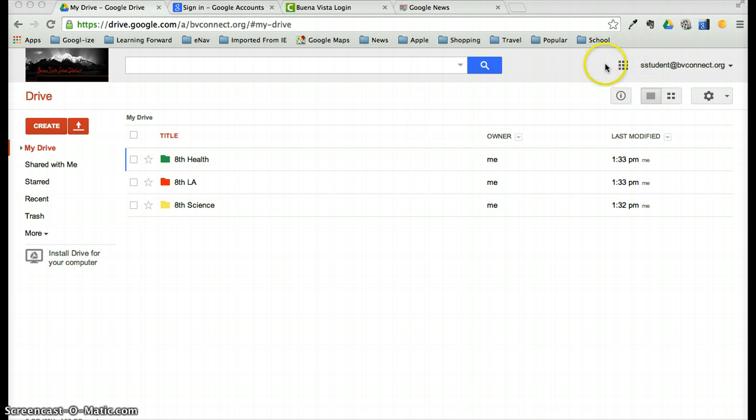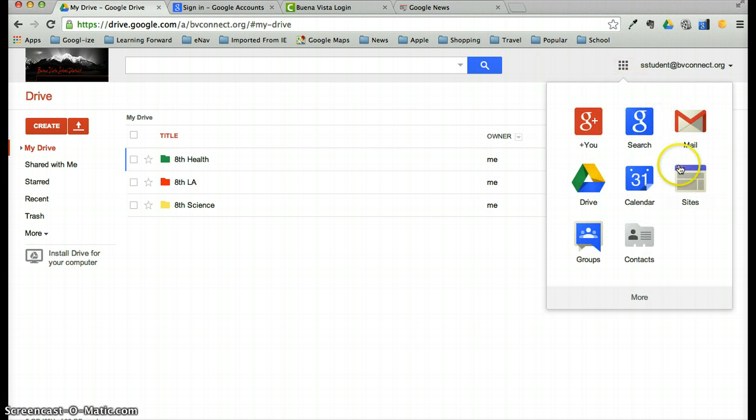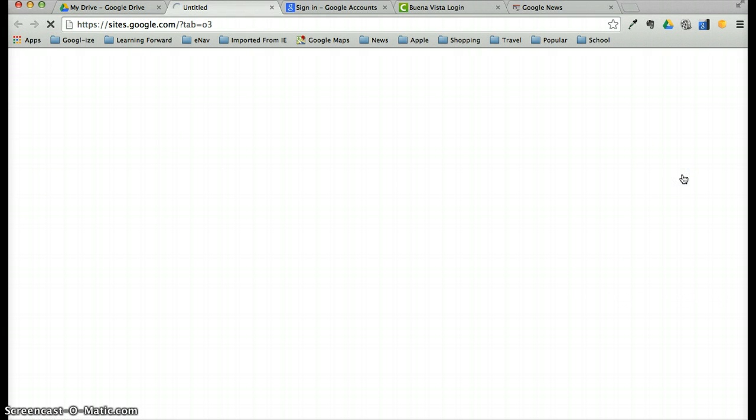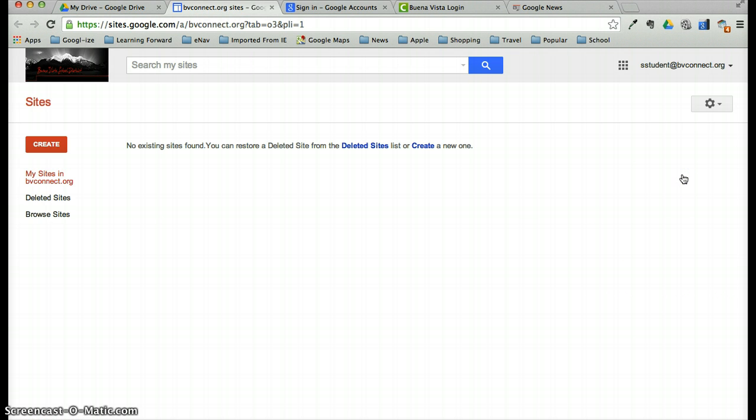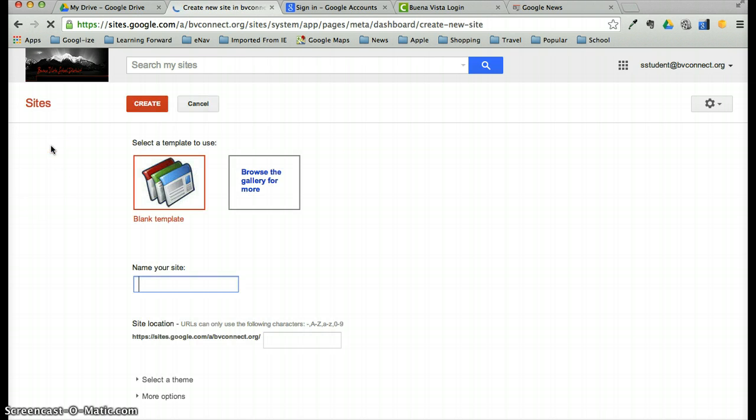I'm going to come to this area where it has the application tiles. I'm going to click on that, and one of the options available to me is Sites. I'm going to click on that, and this will take me to the page to create my site. So, as with a document or a presentation or a spreadsheet, first thing I do is click on Create, and